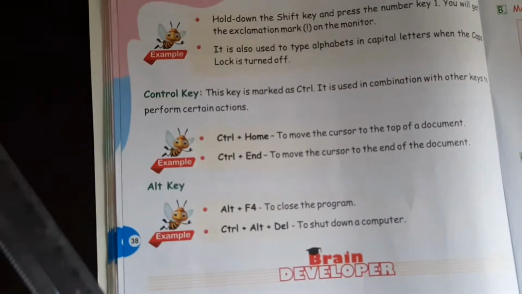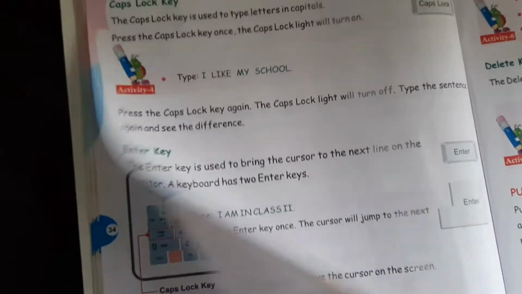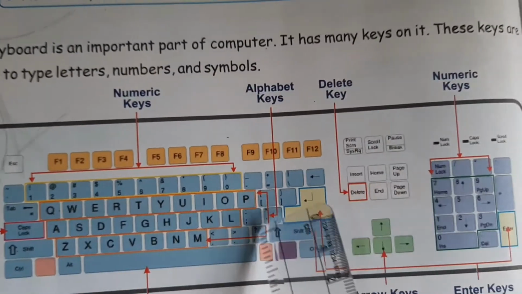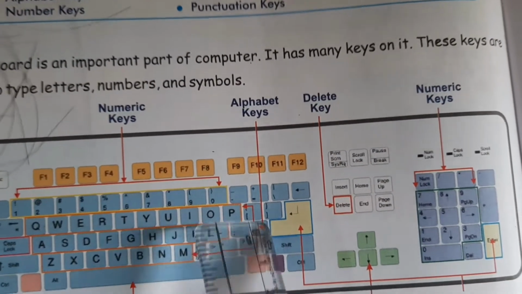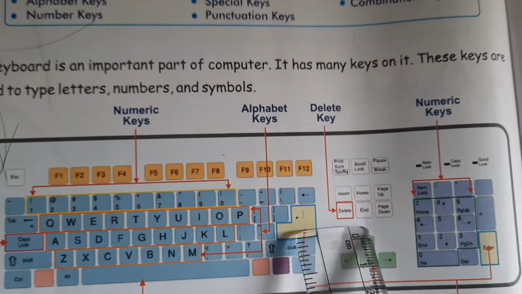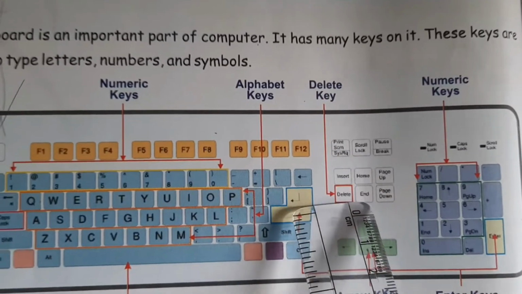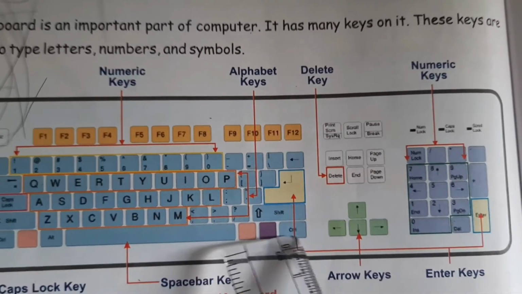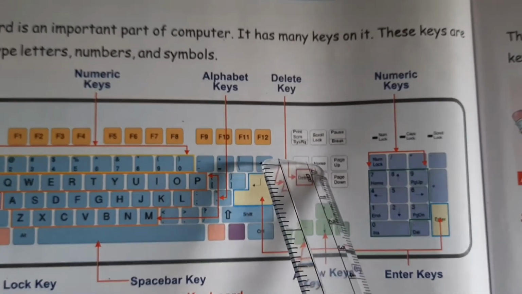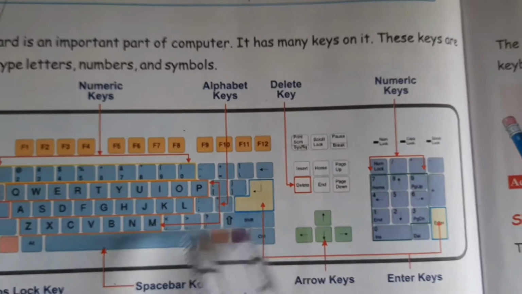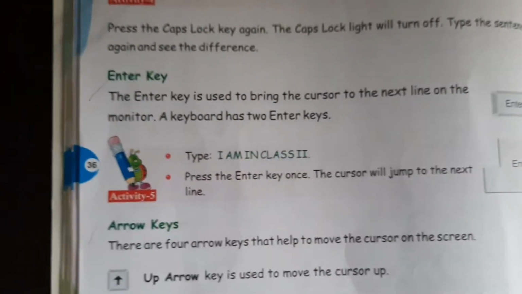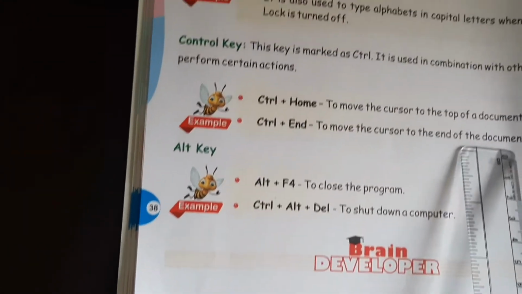Now let's find out where the home key is on the computer. Do you see these keys in the center of the keyboard between the alphabet keys and the numeric keypad? Here you have a home key and an end key, right? So if you press the control key, you keep it pressed, you don't leave it, and you press the home key also, this combination will take you to the top of the document while you are typing.